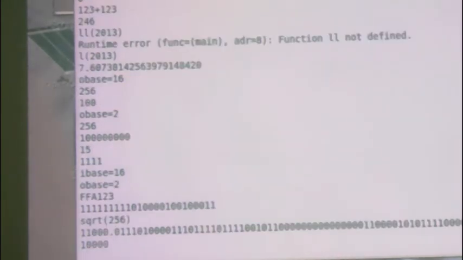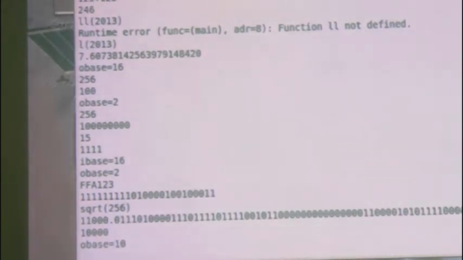Okay, now there are so many functions given here in Calc. Among them we will do one function, that is square root. If you want to find the square root of any number, then what to do? SQRT. So you have to remember the name of that function, and in that bracket you have to type, for example, if you want to find the square root of 256. Okay, then square root, bracket, 256. When you press the enter key, you will get the answer. Okay, I am getting the answer in binary.